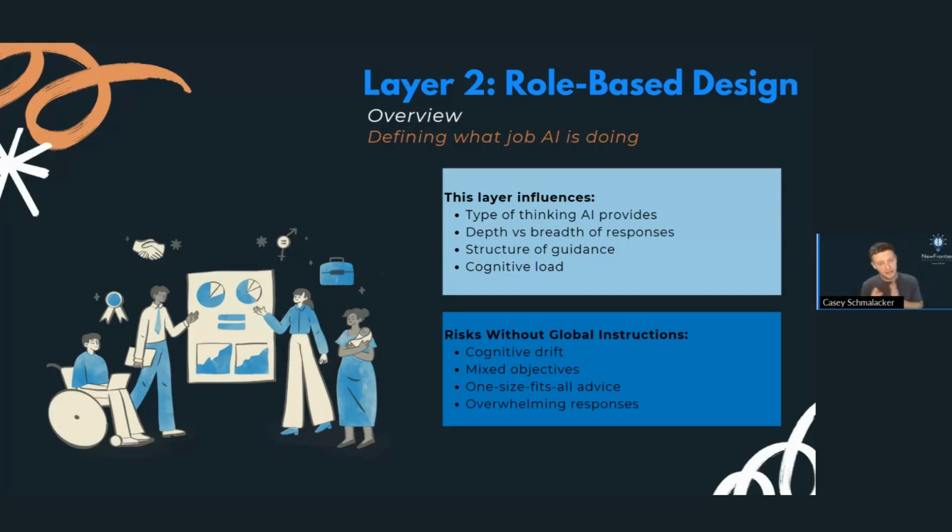The basic thing here is when you ask it to do something without a role definition, it tries to give you the most generic, universal answer. But that doesn't always work with what we're actually asking it to do. So if AI doesn't know its job, it's trying to do everything. If you ask it what's the best way to organize my week, it's going to try to be both a productivity coach as well as a super supportive cheerleader. It's going to just try and juggle too many hats. And then it's going to water down the types of responses that it gives you because it's trying to appease you.